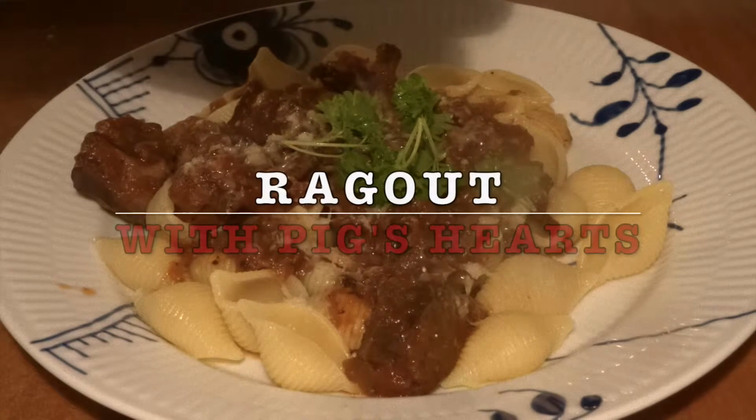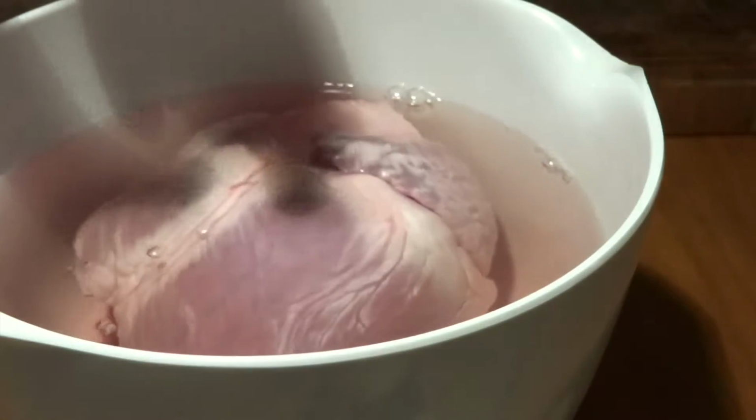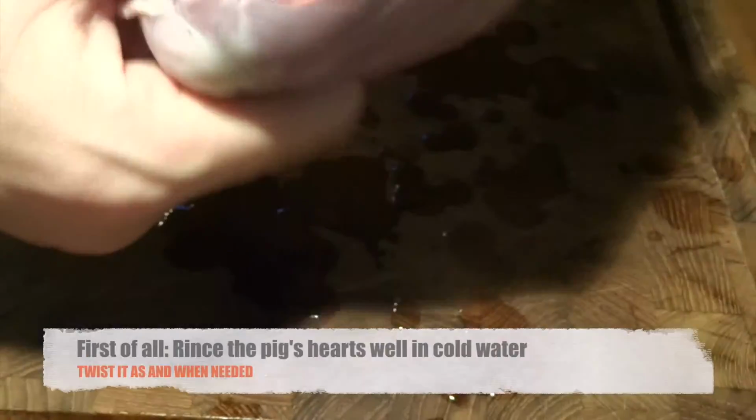Today we will share with you how to cook a ragout or a stew made with pig's hearts. It is a different kind of way to make a ragout, we're certain of that, but nevertheless we wanted to try it out. So here we have a couple of pig's hearts, and what we will do first is we'll